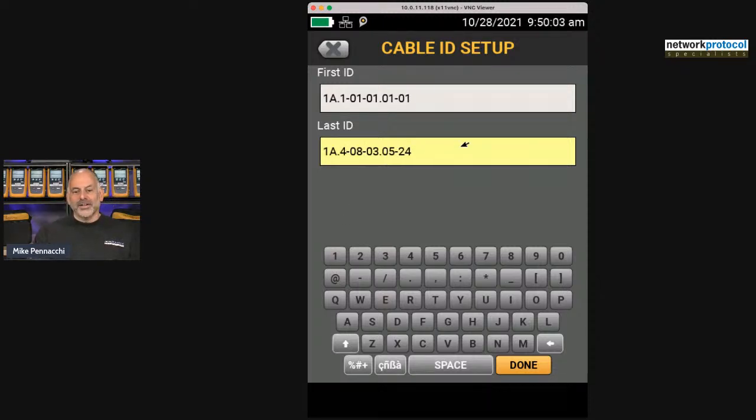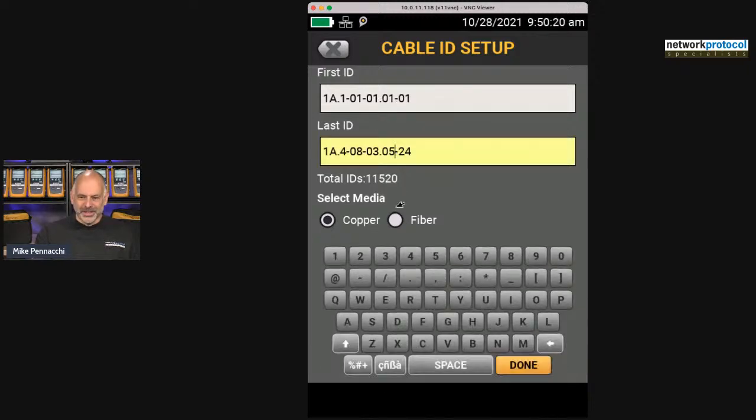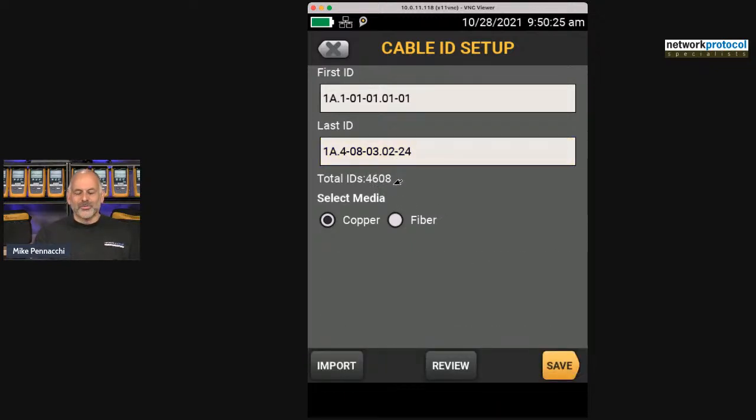So now what I've done is I've created a set of cable IDs, and we'll go ahead and say done. Actually, we've created too many cable IDs. One of the limits that we see with cable IDs is we can have a total of 5,000 cable IDs. I went a little crazy with this. Let's knock this down to just a couple of racks. There we go,